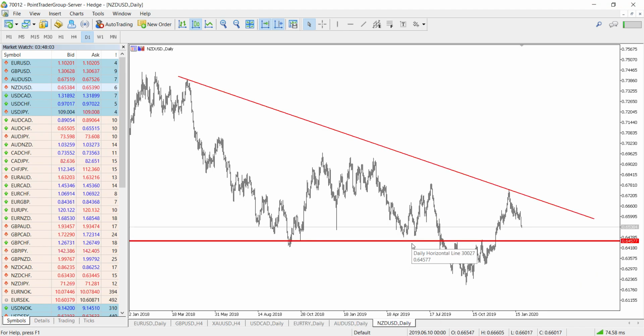Finally, the New Zealand dollar against the American dollar on the daily time frame, pretty much the same as the Australian dollar. We will be waiting for the pair to reach this support level 0.6457. This is where we can look for some bullish evidence for an expected movement to the upside that might reach this downtrend line for the third time, and this is going to be conditioned by the continuation of trading above the level of